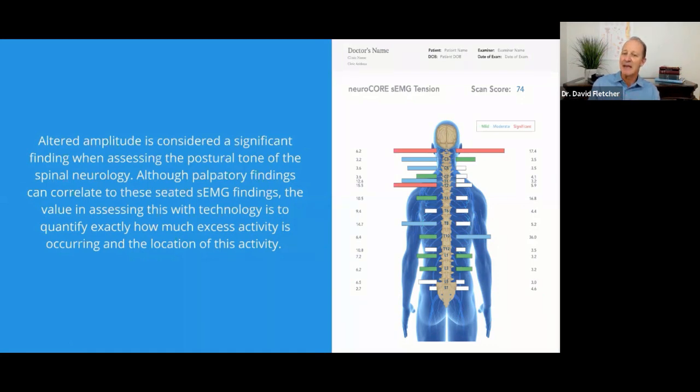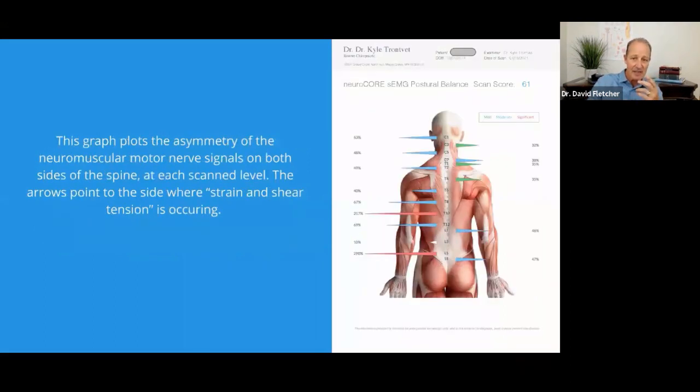is to be in head forward carriage. And as a consequence of that, the EMG is really giving you signals in the rotatory responsiveness. I can tell you right now that there is a lot of shear forces on the left-hand side of this cervical and thoracic spine compared to the right side. And that's why we have a second graph that looks at this, which is the asymmetry graph. Now, this is not from that same one. I just pulled this one out as a general symmetry graph.